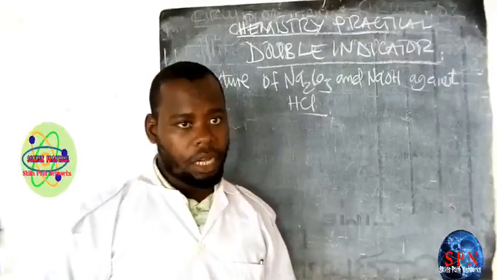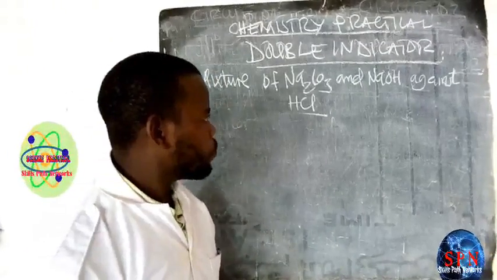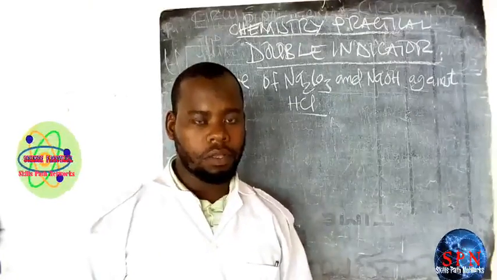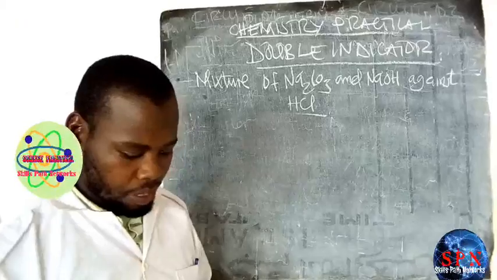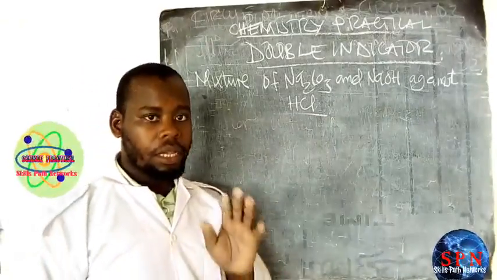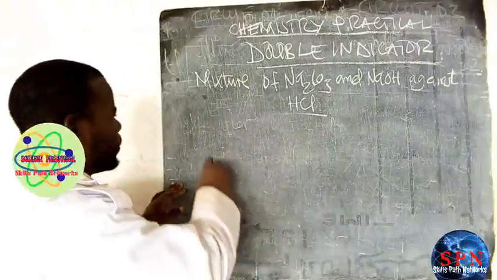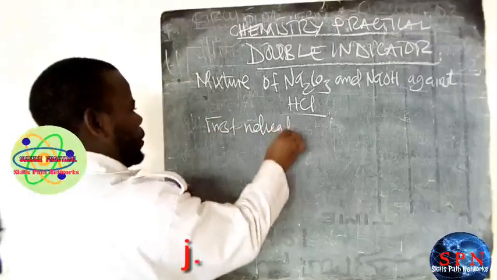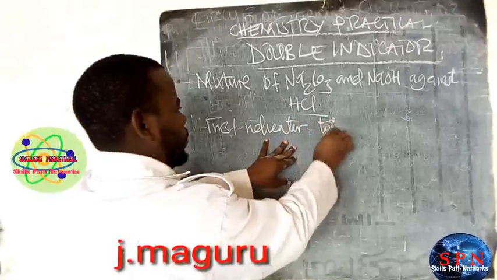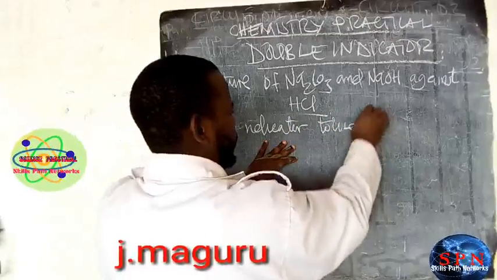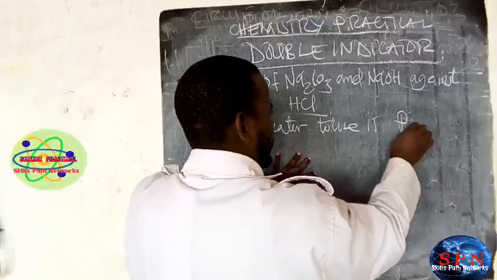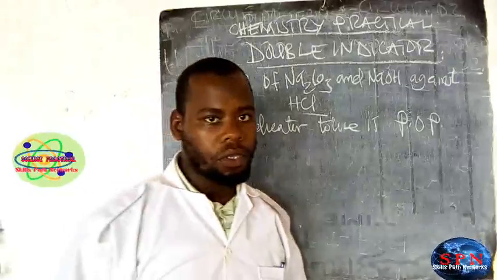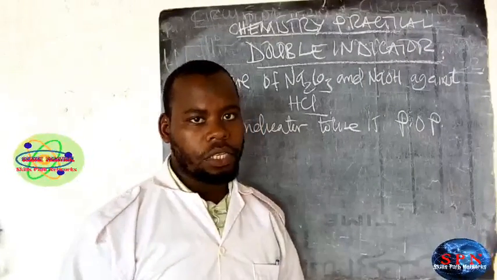In case of double indicator, we're supposed to know which indicator is first to be used and which is going to be used at the end of the reaction. The indicator used first is POP. The first indicator is POP because when we use the methyl orange, it means